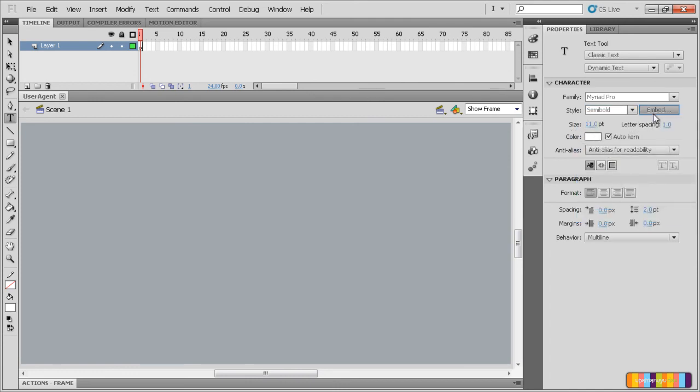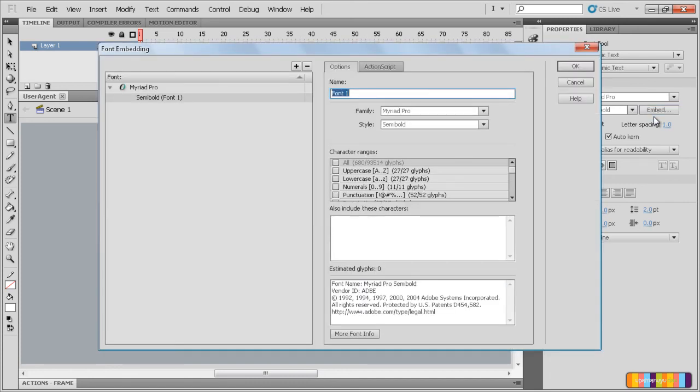So first we have to embed this font, because every computer will not have the same font. Its family is Myriad Pro and the style is semi-bold. We only want uppercase and lowercase characters. That means the uppercase, A to Z, 27 glyphs, and